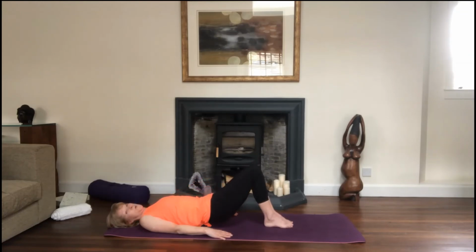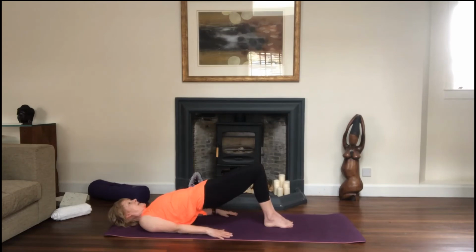So let's hold the last one up and go for those 10 pulses. A small squeeze through the thighs. 10. Just make sure it's not cramping up, so release between each squeeze. 3 more. 3, 2, 1. And then roll